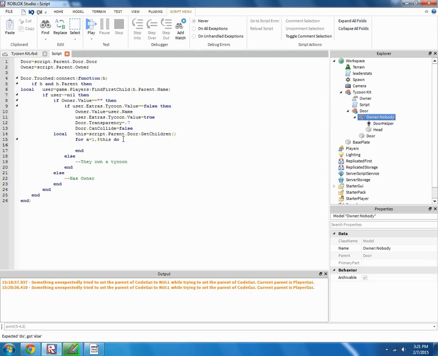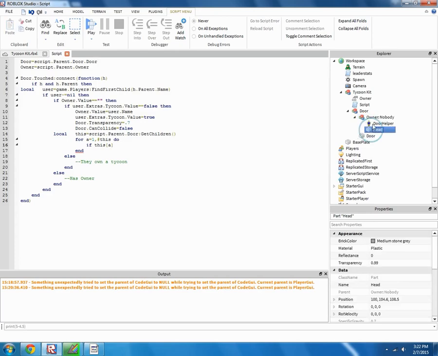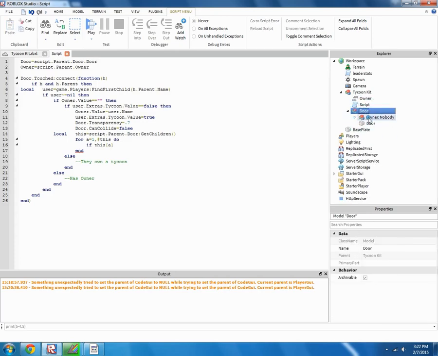And then what we want to do is do if this, like I'm saying, this is more advanced scripting and intermediate scripting. Sorry, I'm a bit tired right now. But we can do if this A, which is pretty much getting these two, because it was getting the children of door. So if this